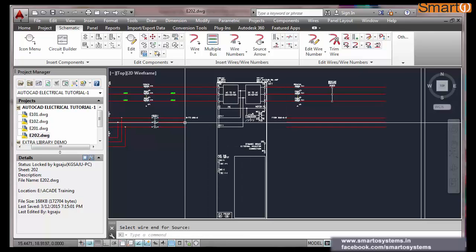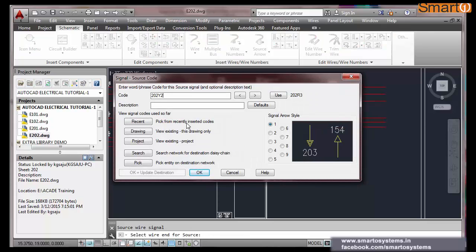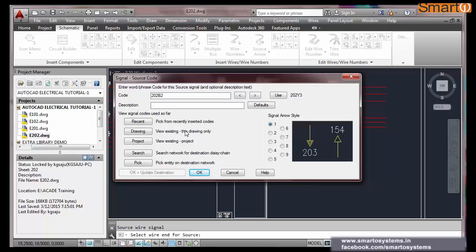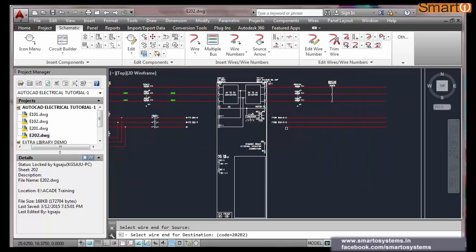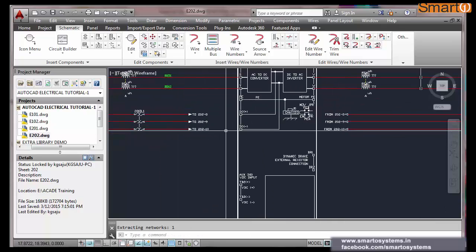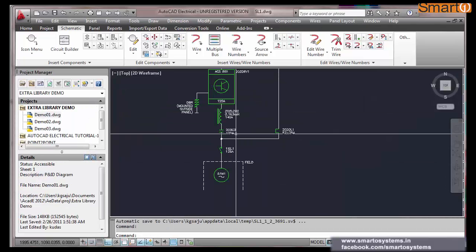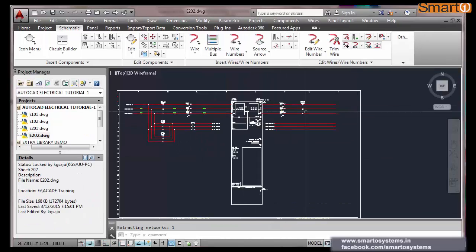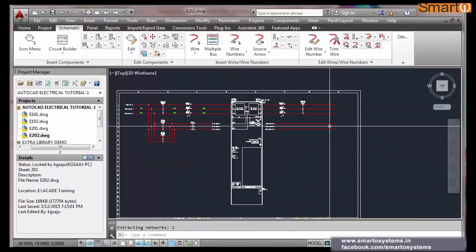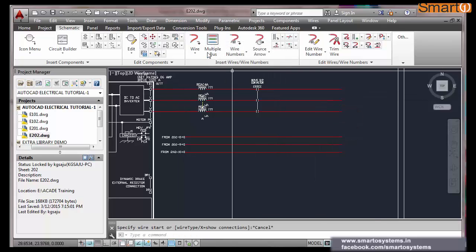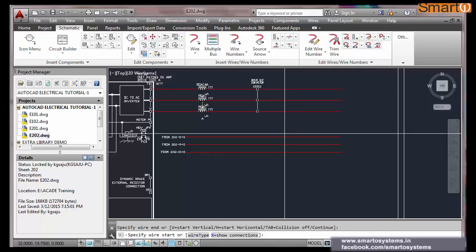This is now 202 Y2. Okay. I want this 202 B2. Okay, and this is that wire. So now these are connected. Okay, so you don't have to draw over these blocks, and finally it will get connected like this.